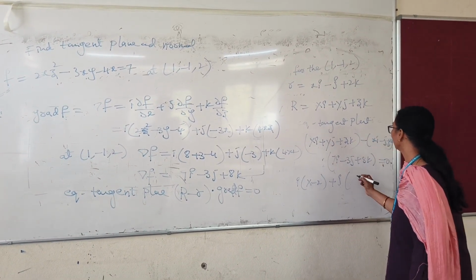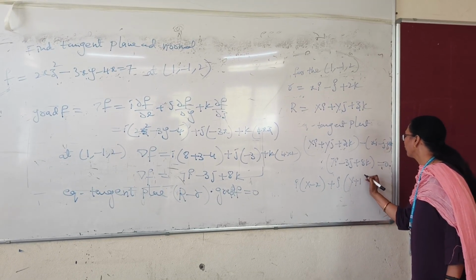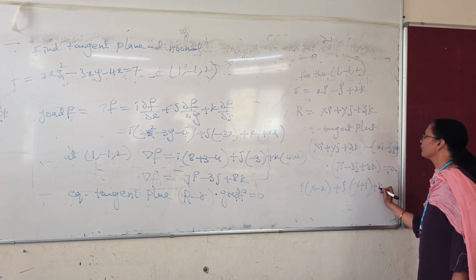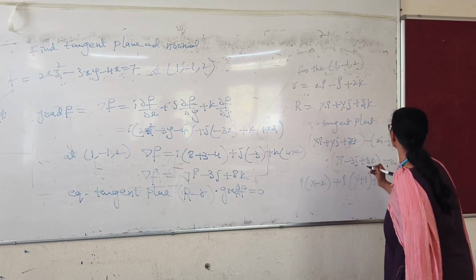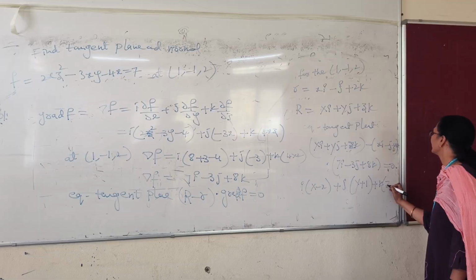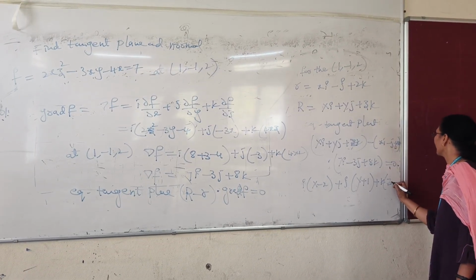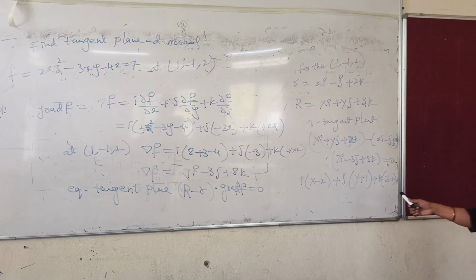It is 0. So what is the equation of the normal? The equation of the normal is obtained by taking the differentiations in the denominator. So how will you write this? This is the way: capital X minus x1, like in the equation of a line. In that way we have to write the partial derivatives in the denominator.